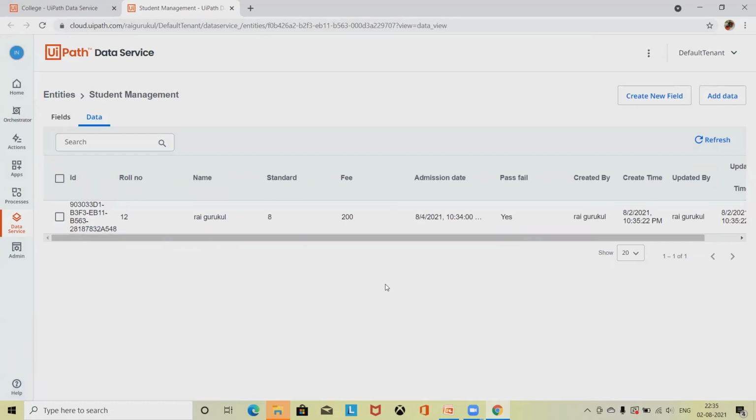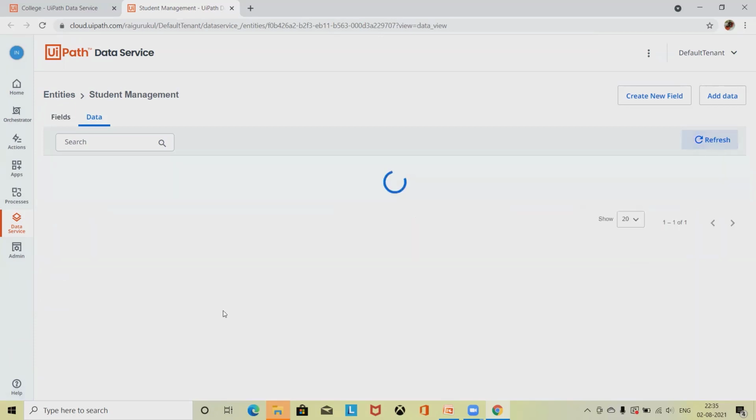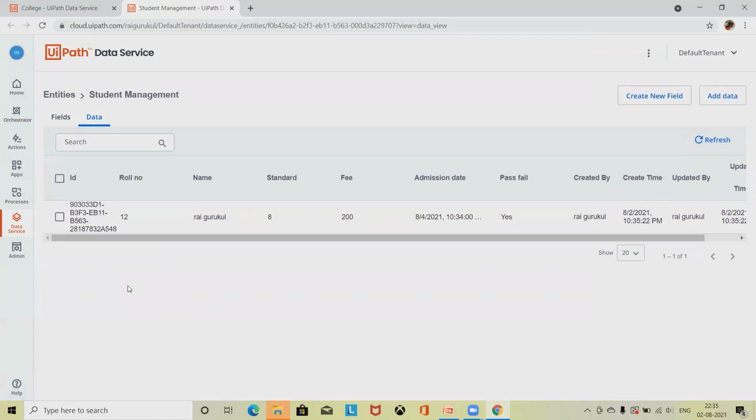You can see here, this is how simple it is to use. If you want to call it in any other code, then we can also use it. So this is a very important part when we are working with UiPath data services. In a further part of the video or in the next video, we'll see different other components.